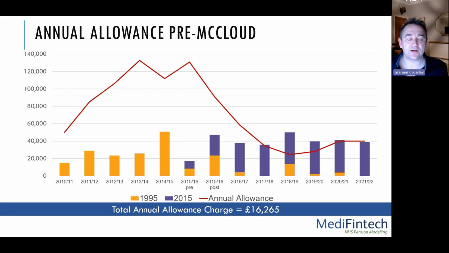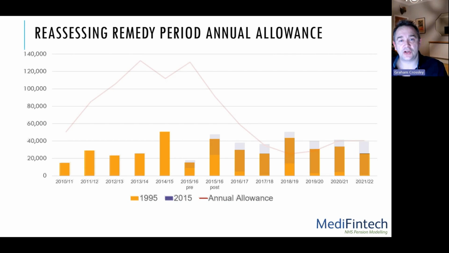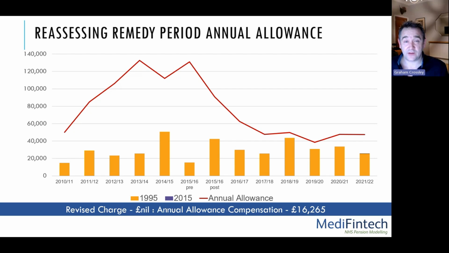If you overlay annual allowance, and particularly when annual allowance taper kicks in, this number ends up with tax charges of over £16,000. If we roll that back and then replay it as though they were just in the 1995 scheme, well, the growth is a little bit lower. So the impact on annual allowance taper is a little bit lower. And in fact, for this number, they actually never breach annual allowance. So they will be due compensation of